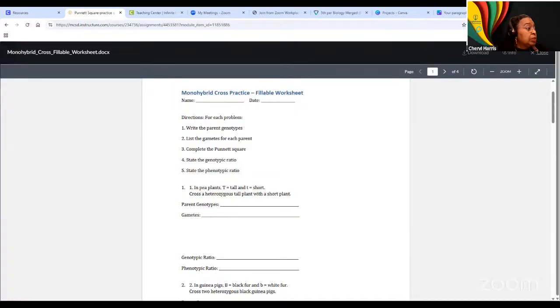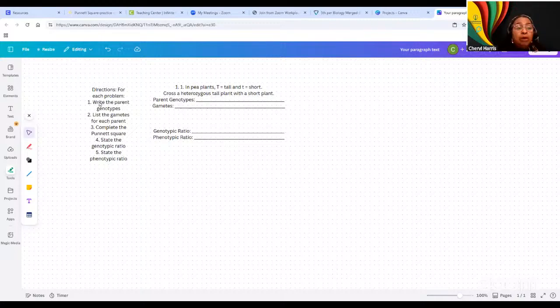So let me change my screen so I can make sure that you are looking at it. All right, so the directions are to write the parent genotypes, list the gametes for each parent, complete the Punnett square, state the genotypic ratio and the phenotypic ratio. So that's a lot of vocabulary. You got to know what genotypes are, gametes, ratios. You need to know what all of that is. But let's start by,